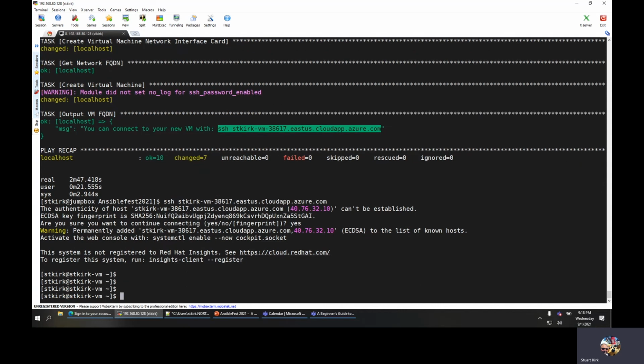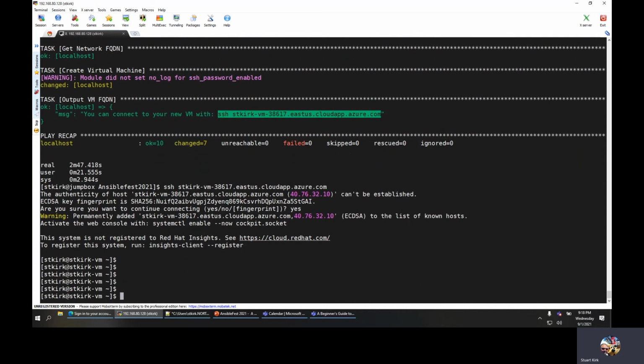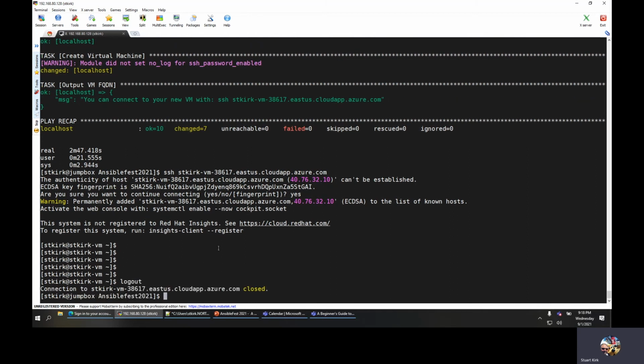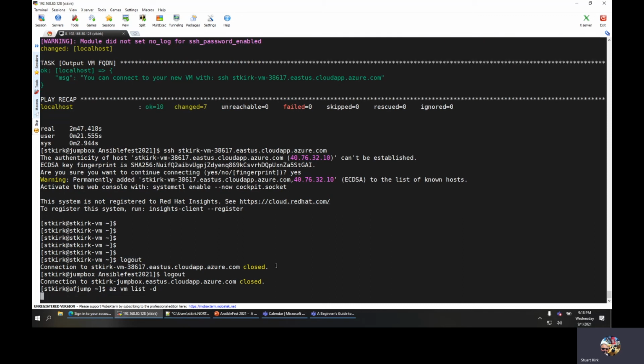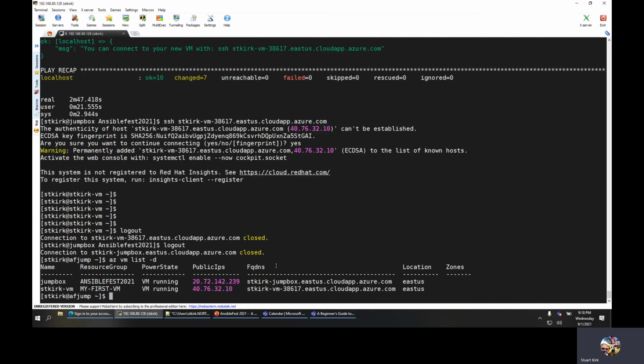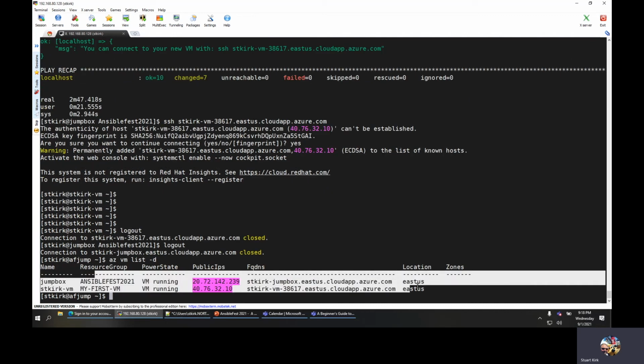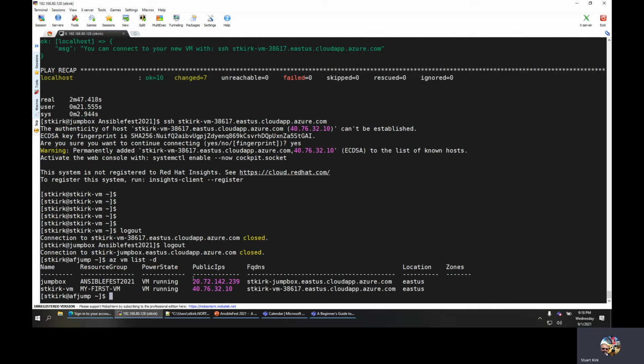And so as you can see, I am now on a different host, which is called stkirk-vm. If I exit out of that and then exit it again back to my workstation, I can subsequently run the command that we previously saw, az vm list -d, and you can now see that there are two virtual machines that are there. Again, very similar to the screenshot that we saw a few moments ago in the slides,